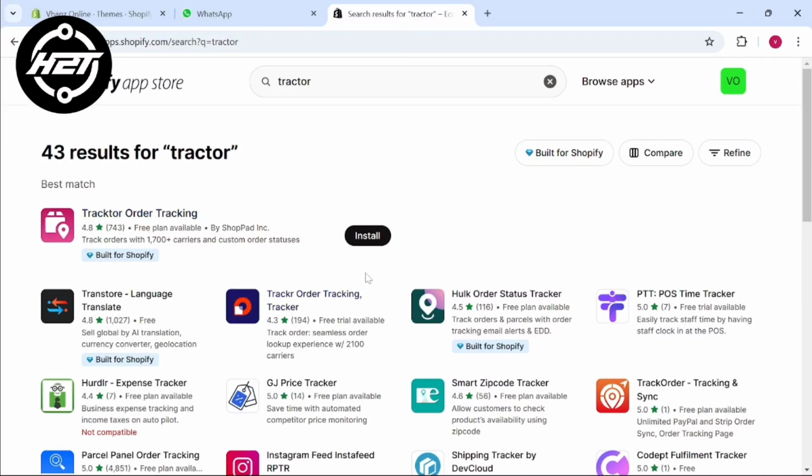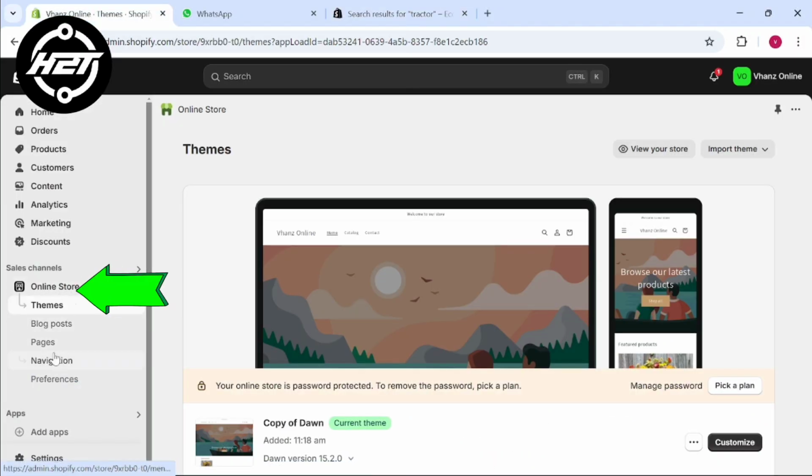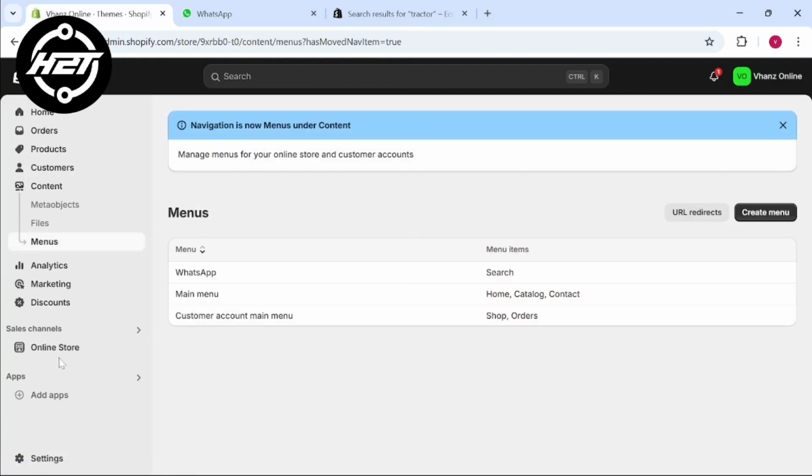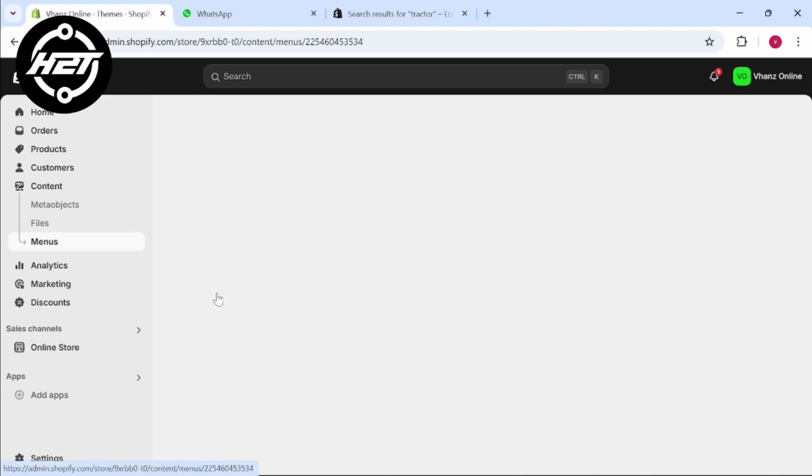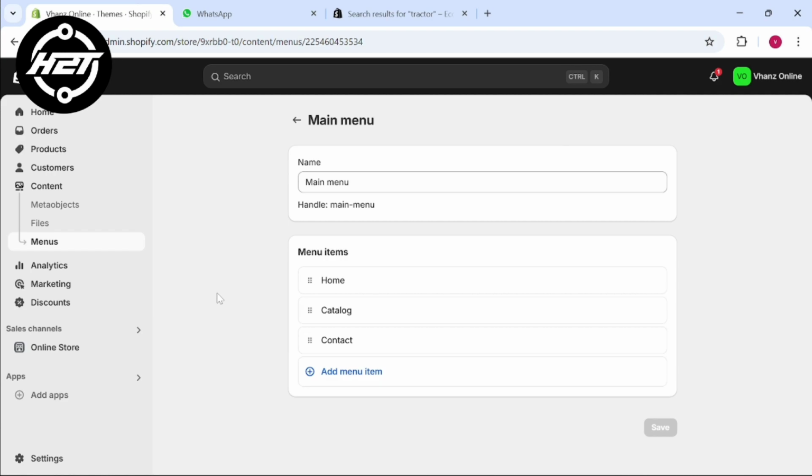Step 4. Add the page to navigation. Go to your online store, tap on navigation, and then select the main menu or footer menu depending on where you want the link.